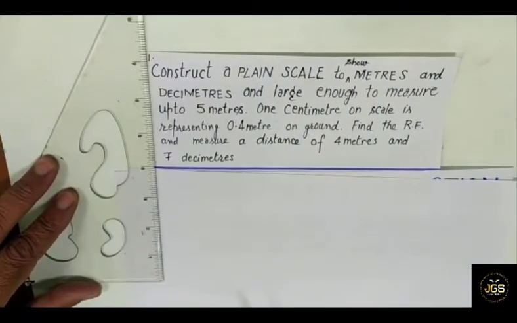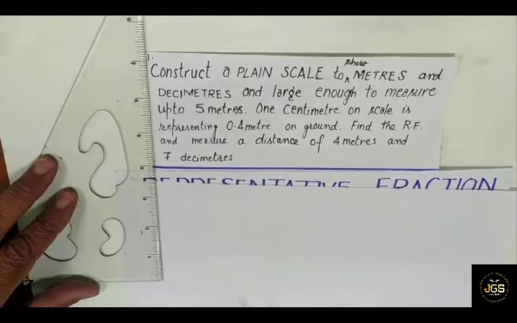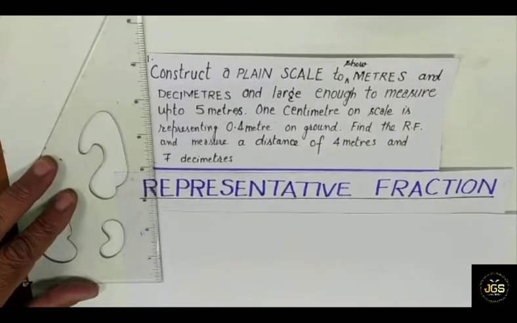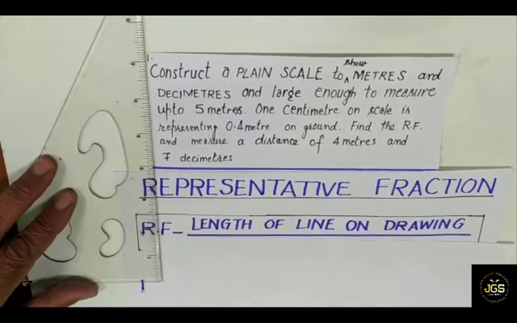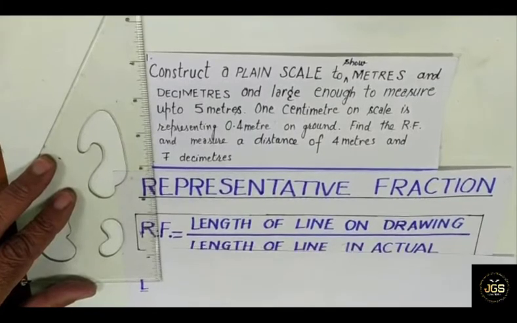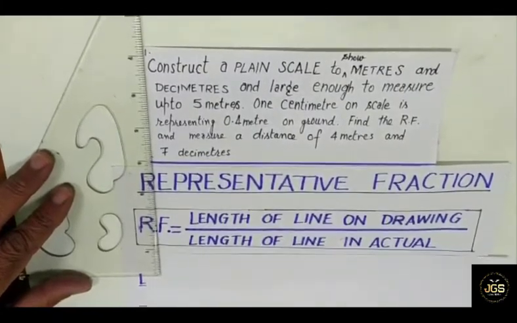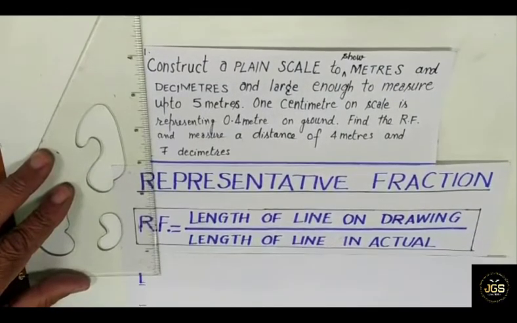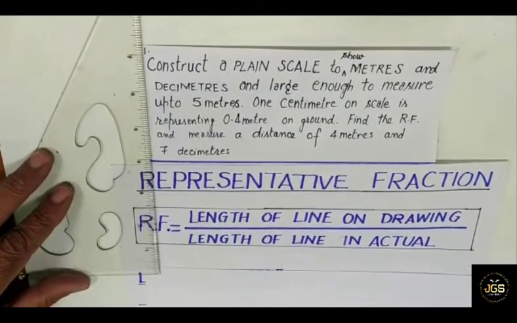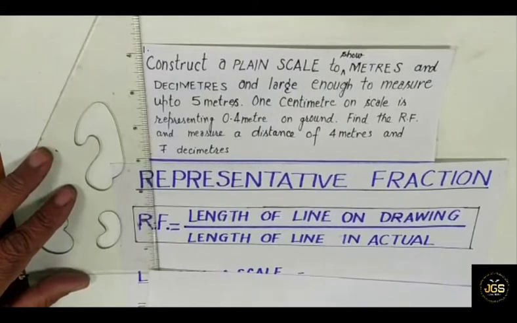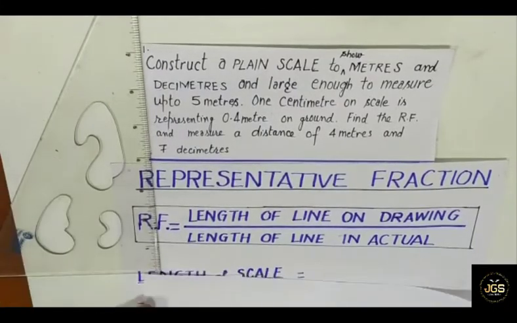First of all, we will calculate the RF, representative fraction. So you know very well, RF is the length of a line on drawing divided by the length of the line in actual, or length of the line on the ground. Here in our case, it is given this. So first of all, I am going to calculate the RF